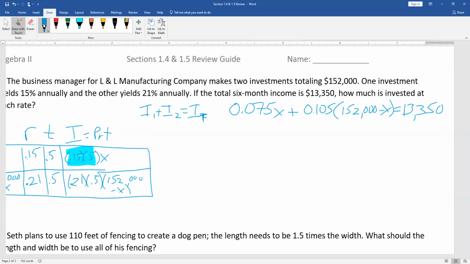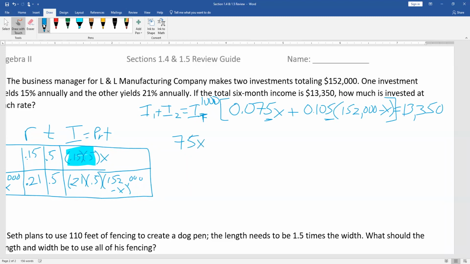All right, so I am going to get rid of the decimals here. So I'm going to multiply both sides, this one and the 13,350 times 100. I'm so sorry, this is so messy. No, times 1,000, right? Because we have that 5 here and here are both in the thousandths place. So we're going to multiply that times 1,000, and we end up with